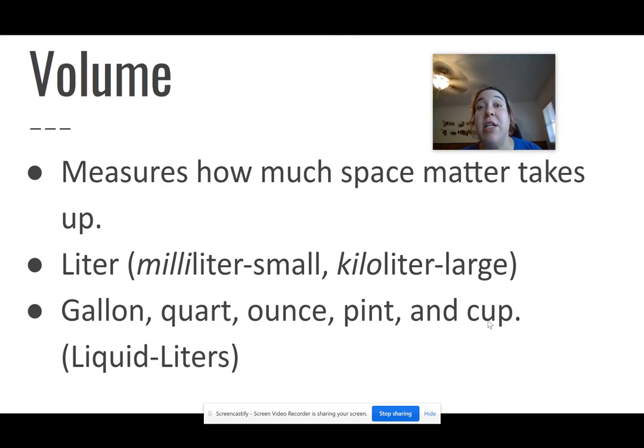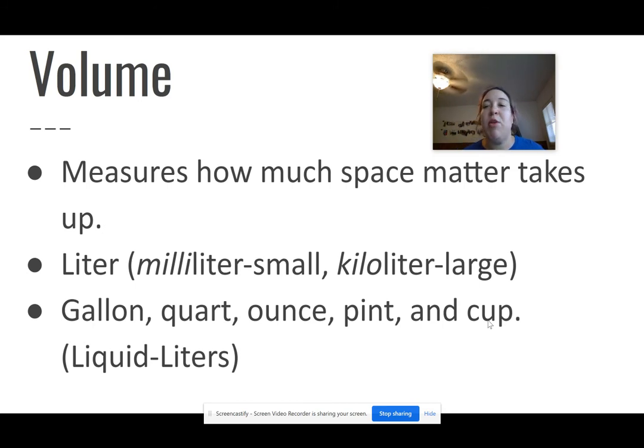So we're going to use liter when we're measuring liquids, and you need to know this for the test. This is a really cheesy way. I am not able to talk this afternoon. Goodness gracious. Anyway, a really easy way to remember that you always use liter for liquids is you put an L on your finger, and then you go liquid liters, liquid liters, liquid liters. You're like, that's weird. I know, but you need to do that to help you remember. So if you ever see me walk around the classroom, maybe while you're taking a test, I'm just doing this, remember that means liquid liters. So if someone says, you need to figure out how much orange juice is in this cup, what would you measure it with? Is orange juice a liquid? Definitely is. Going to be liters.